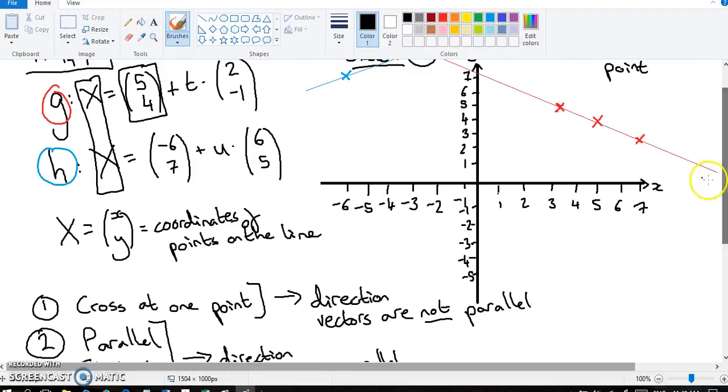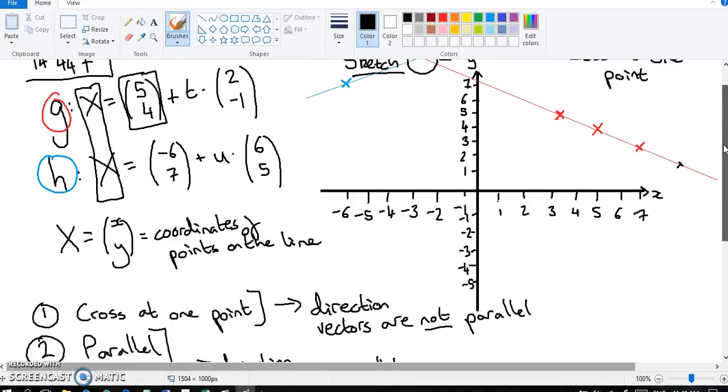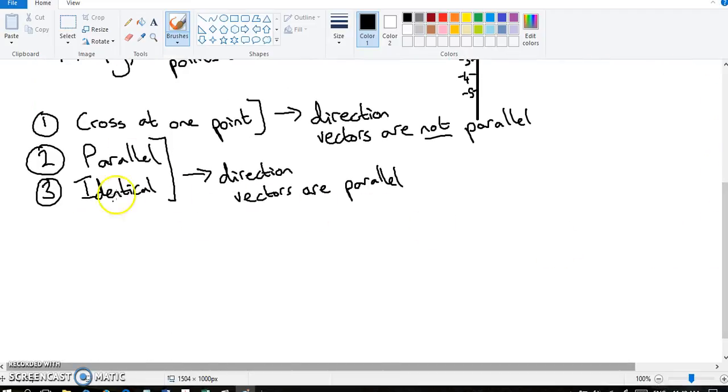And if direction vectors are parallel, it's basically like saying they are the same direction vector. If I have a direction vector that goes 2, -1, and a direction vector that goes 4, -2, and ends up here, they're parallel. One's just longer than the other. But in the cases of lines like these, it's taking the line in the same direction, and so it's as though it is the same direction vector. And so you should remember that if two vectors are parallel,